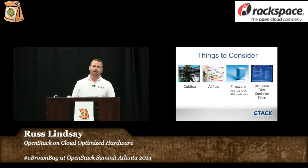And then the other 2 big things to consider are firmware and BIOS. These are things that nobody talks about when they start talking about OpenStack, and how easy it is to deploy, and everybody's got their engine that deploys it, and it's all super simple, and you can do it in an afternoon and you'll be happy, right? The issue is that 80% of the work needs to be done to make it function